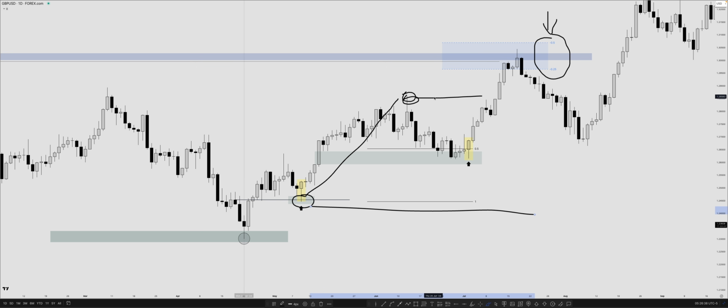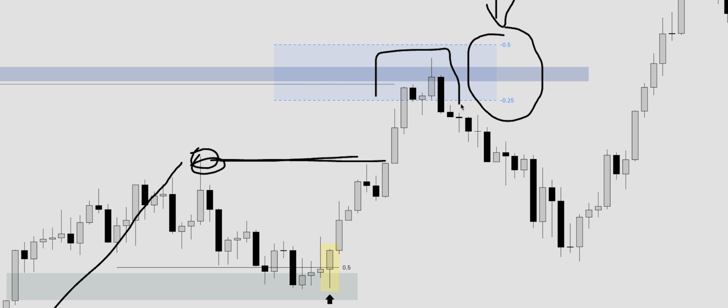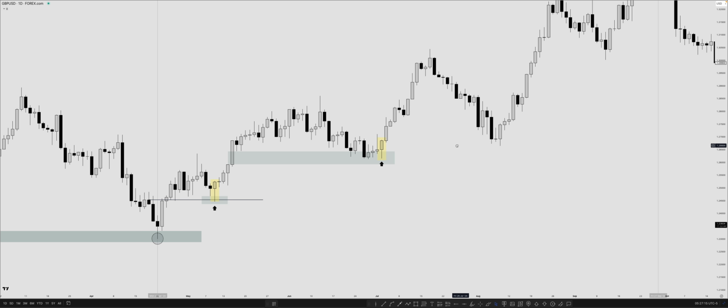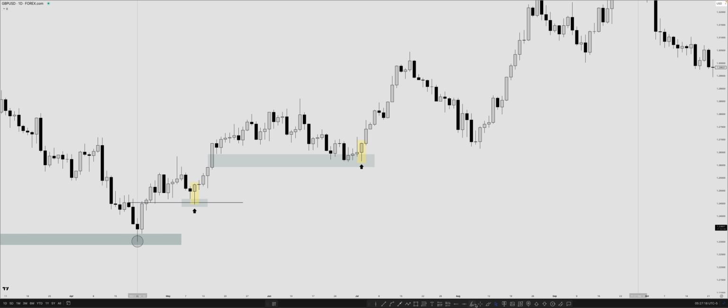Once price breaks out above the dealing range's high, this is when we can identify this extension area, stack it with other confluence factors, run it up, expecting bullish daily stages to take place, and move to the sidelines once price hits this area right here. All right, so what we would do now from this point, once price starts pulling back,